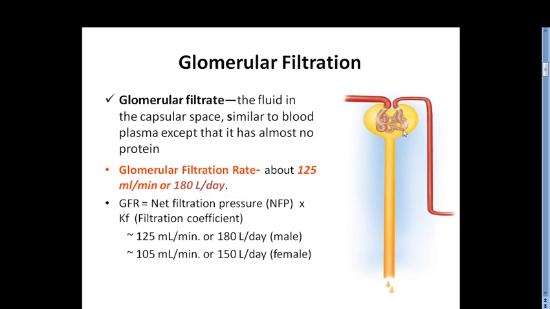Bowman's capsular space. Then it comes into the tubular part of the nephron. And in the tubular part of the nephron, it gets absorbed maximum in this PCT part, then it passes through the different parts of the renal tubule, and ultimately the urine is formed. So basically over here we will focus more on this step, that how this glomerular filtration happens, and what are the factors which are deciding the rate of glomerular filtration.